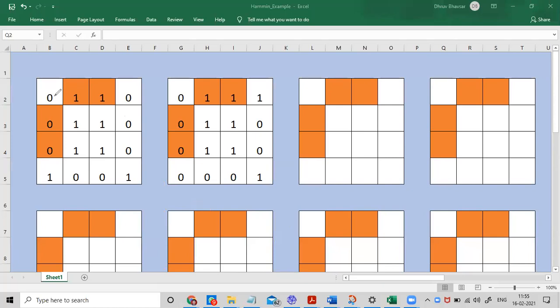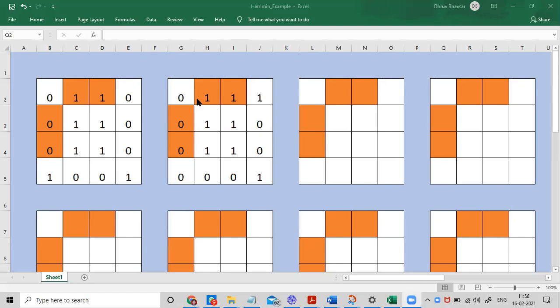Yep. So here you can observe that now if I have these things, how could I detect? The only thing is that we need to find the location of the errors. First of all, I can see that the message is sent and this is the message output that I am getting. This one is the output.